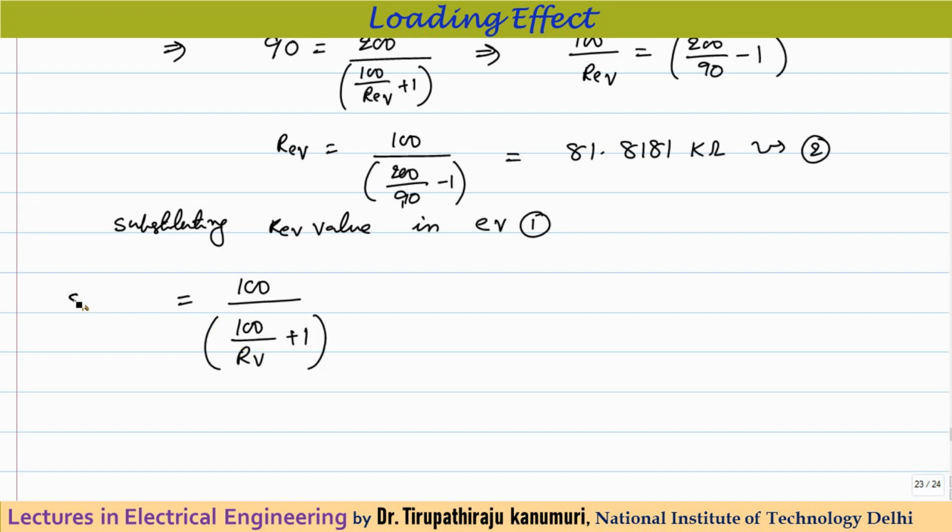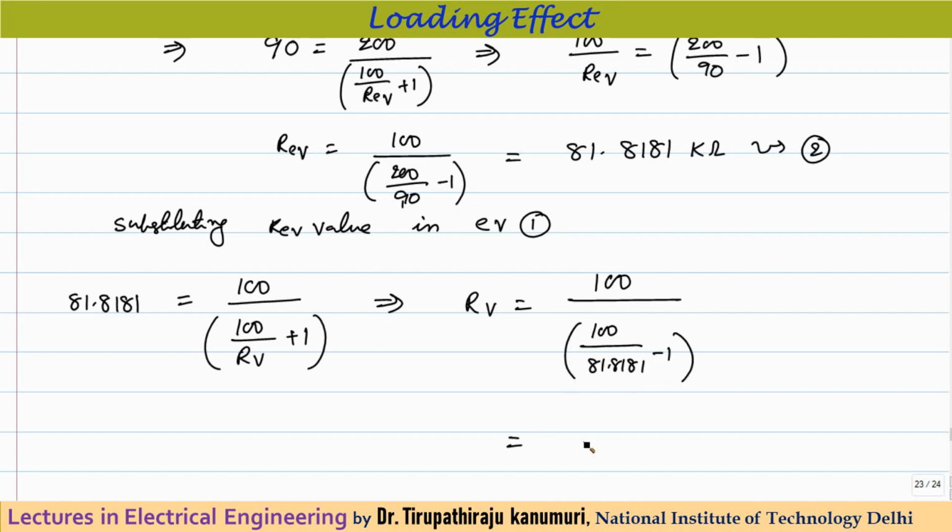So this is equal to 81.8181 kilo ohms. Both sides are in kilo ohms, so I am neglecting to write that. From this I can calculate my value of RV. If you simplify it, I am directly writing the equation: this will be 100 divided by 81.8181 minus 1. If you calculate this, you will get it as 449.997